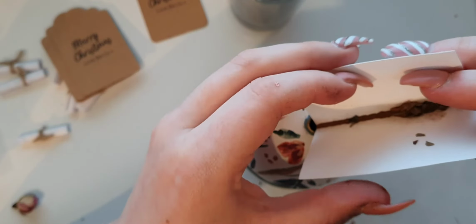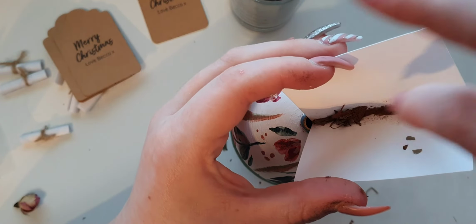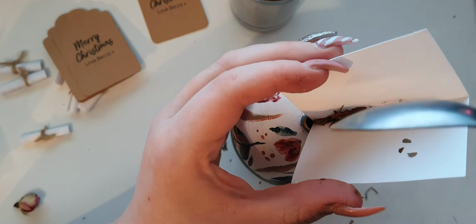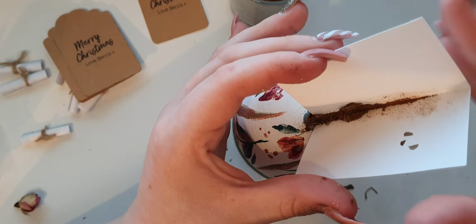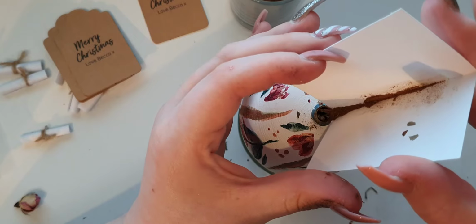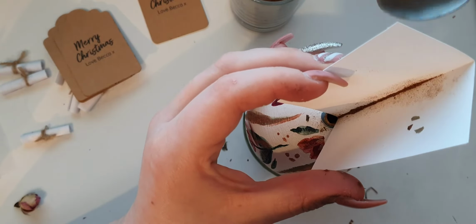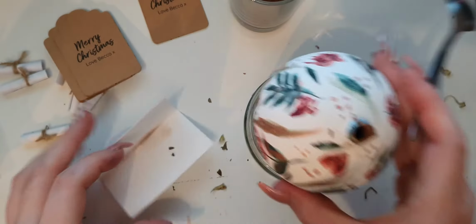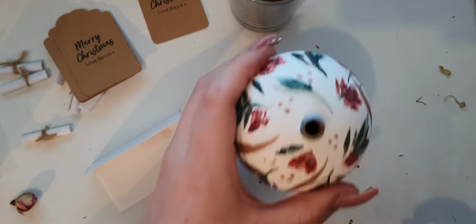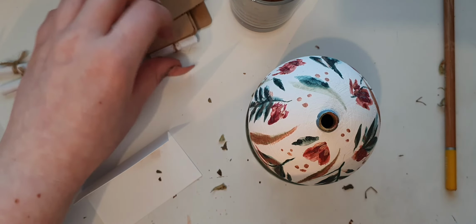I've poured it everywhere. Okay. That's fine. I got most of it in. And then I want to add...